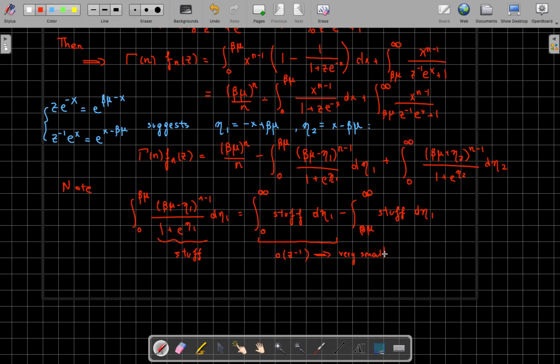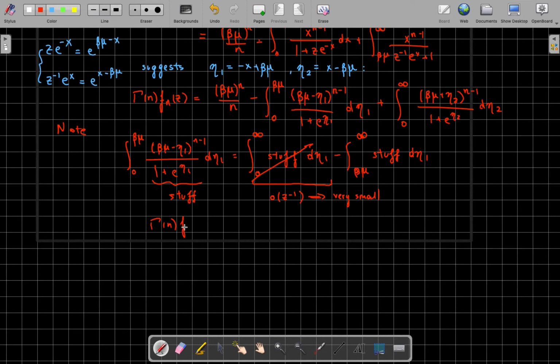So to within a fairly good approximation, what I can do is take the left-hand side to be equal to just this second integral on the right-hand side, gamma n times the Fermi-Dirac function is equal to, again, beta mu to the power of n over n plus integral, and I write all of this as just one integral of beta mu plus eta to the power of n minus 1